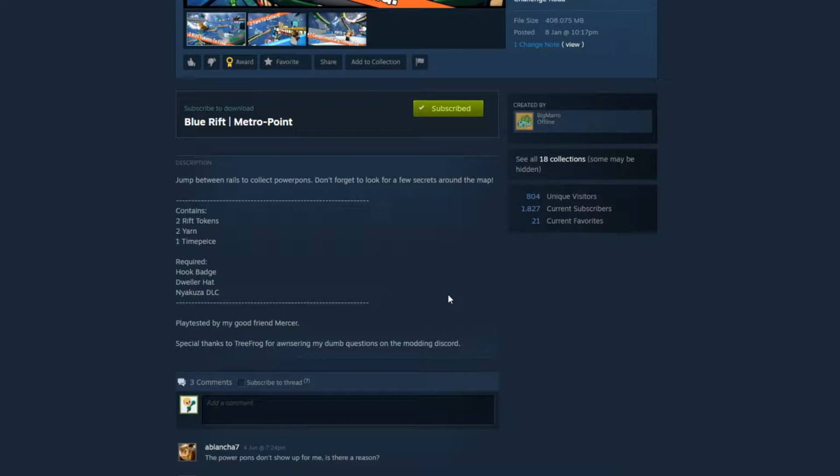Jump between the rails and collect power ponds. Don't forget to look for a few secrets around the map. Play tested by my good friend Mercer, so we will credit him as well. Special thanks to Tree Frog on top of that for answering my dumb questions